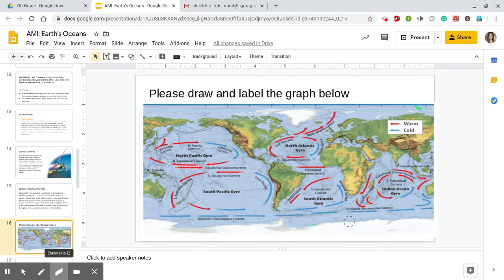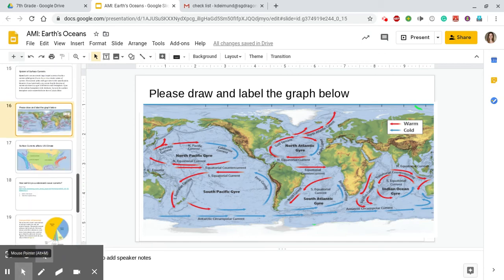Okay, so water near the poles here and here are going to bring about cold water. Water in the equator is going to bring warm water currents, okay? Now this is important because it helps us with determining what type of weather is going to occur on the coast, okay? So if I look at my next slide here,